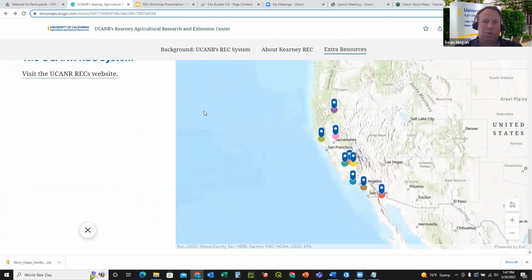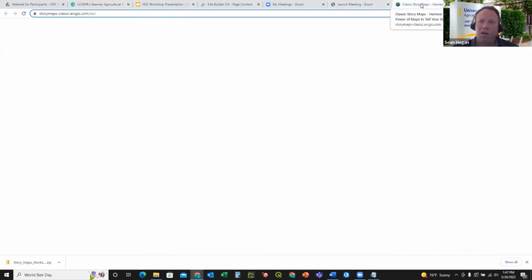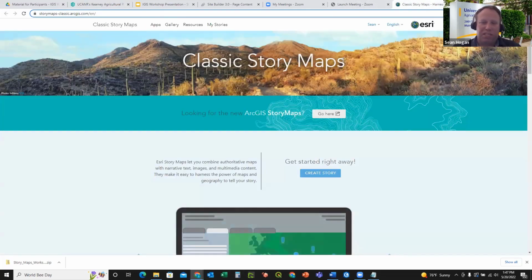And lastly, before we take a break here in a moment, what I'm going to do is bring up, oh dang it, I didn't save it right here. Oh, one thing I should mention before, I just brought this up as an example. So we're working with the story map. Here's another example. There's classic story maps with a space between story and maps. So in this template,